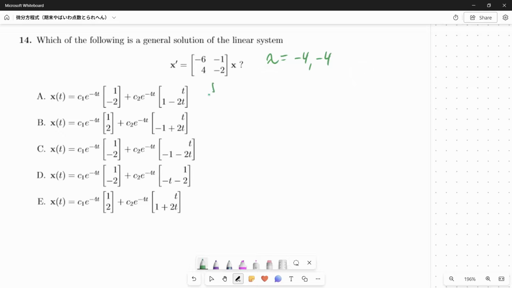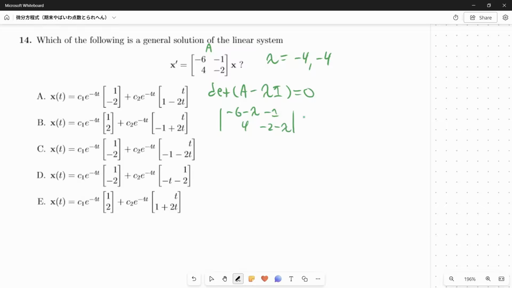So to do that, you'd set the determinant of A minus lambda I equal to 0, where this is going to be A, the given matrix. And so you should end up with a determinant that looks like -6 minus lambda, -1, 4, and -2 minus lambda is equal to 0. And then when you do this computation, solving for lambda, you should end up with -6 minus lambda times -2 minus lambda, plus 4 is equal to 0, which simplifies to 12 plus 8 lambda plus lambda squared plus 4 is equal to 0,